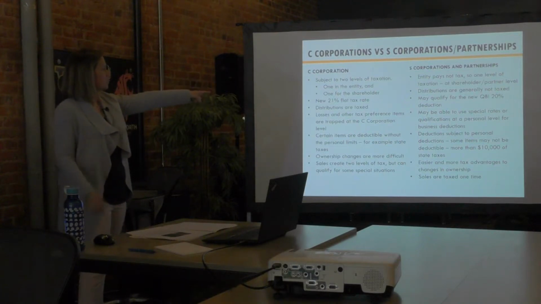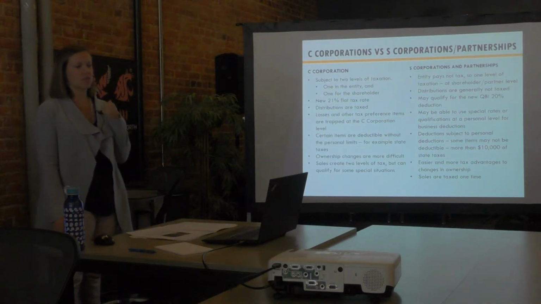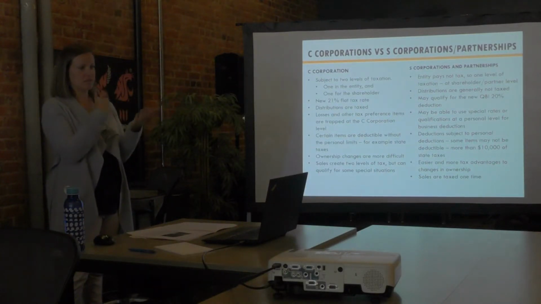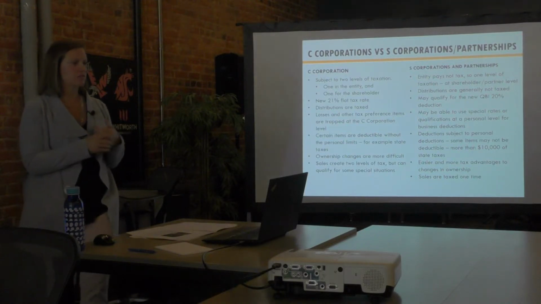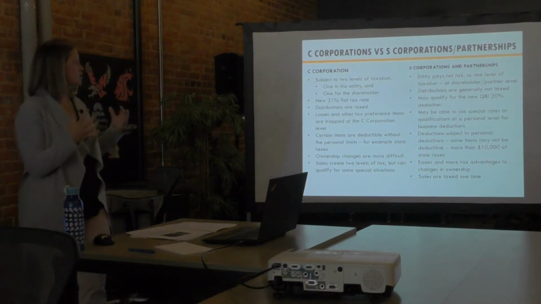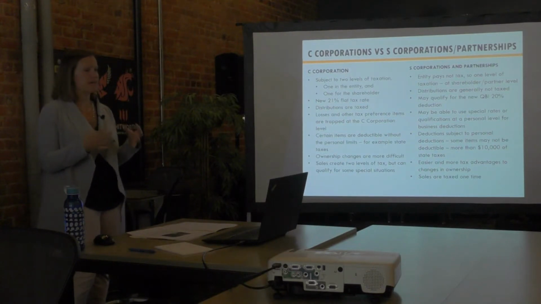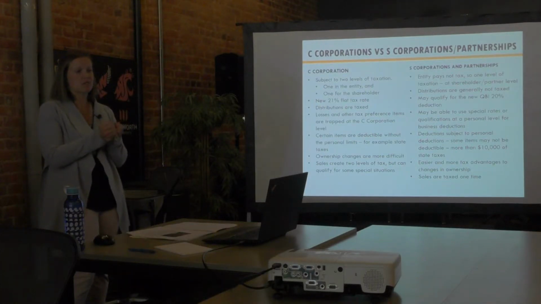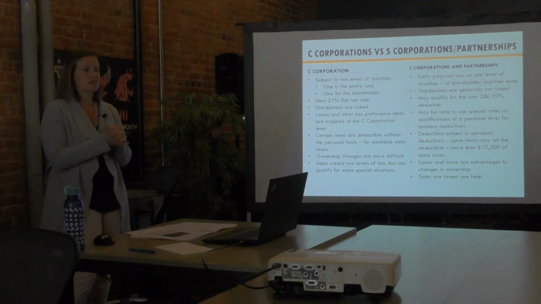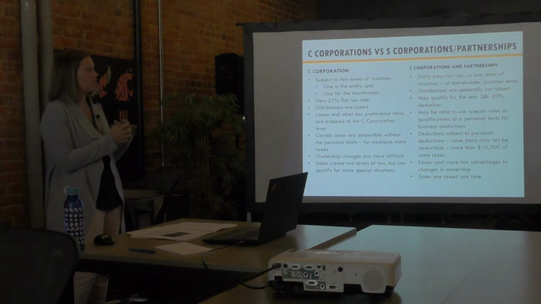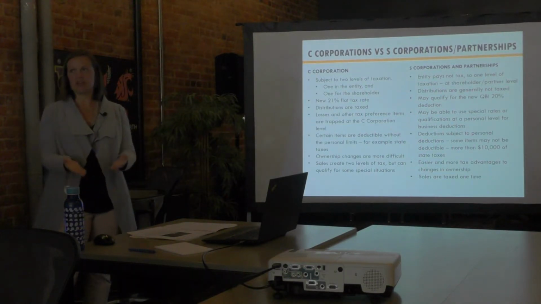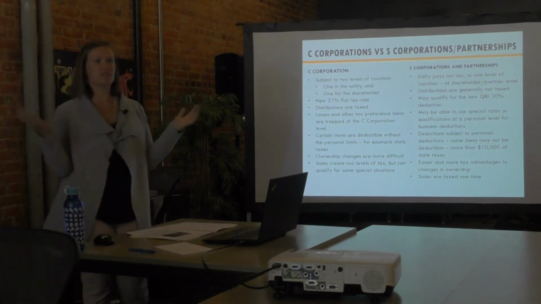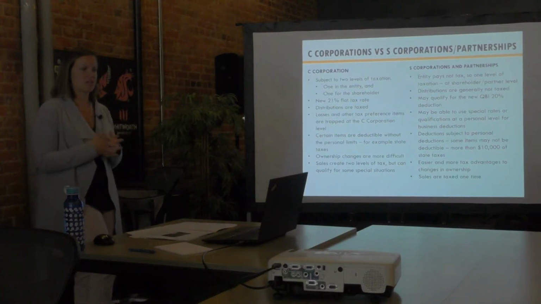See, I goofed these two up here. Distributions are taxed as dividends in a C corporation. Distributions from a flow-through are not taxed because you're paying tax on the whole income and nothing that gets distributed. Because the C Corp is a totally separate entity and it has its own tax situation, there are some losses that could be stuck up in that level. So say you close with losses, where in an S Corp or partnership that flows through to you, maybe losses are just passed directly to you and you get to use those. Or maybe a C Corp thing could be trapped. Obviously everyone wants to make money with their business, so hopefully that's not a situation you get in, but something to consider.